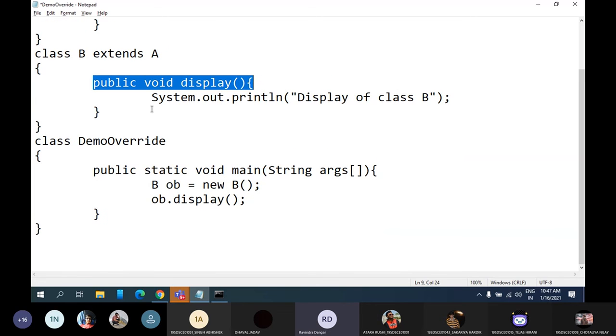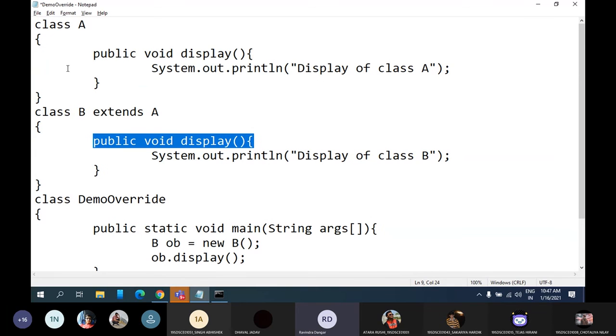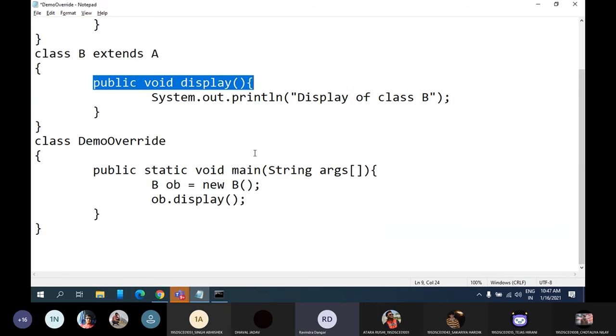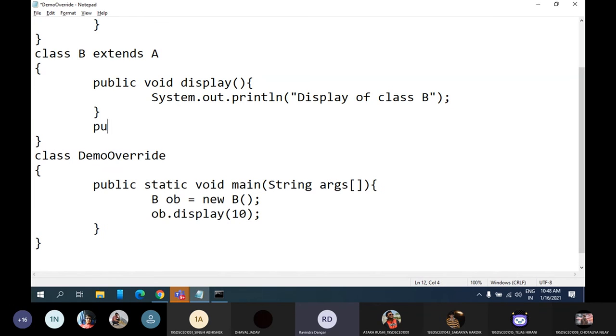So in case of method overriding, this decision is handled during runtime only. See, both the methods are same. But if you go with method overloading, then it depends on the parameter only. So at compile time only, it can be decided that it is going to invoke this method having these many parameters. So for example, if I write, let's say ob.display(10), and I am having one more display method.